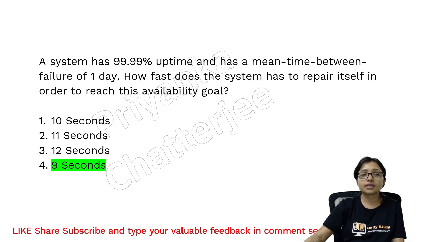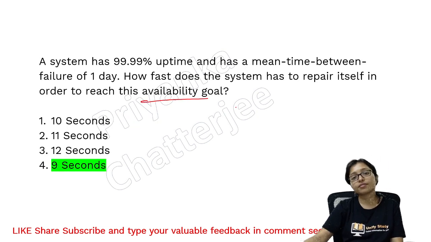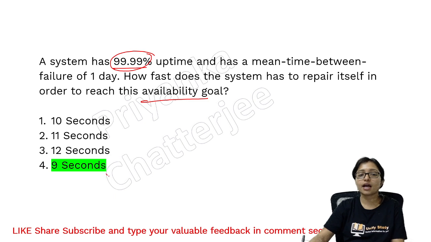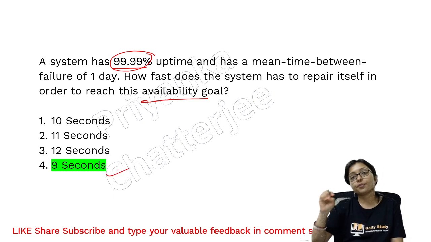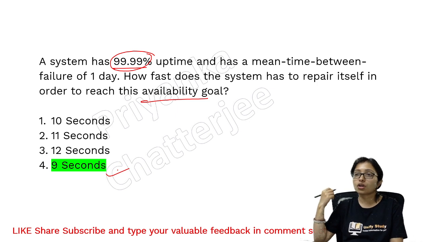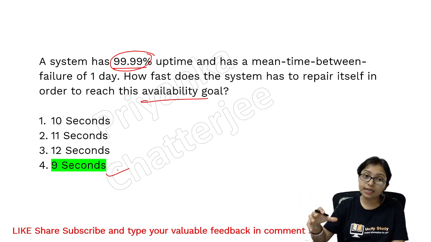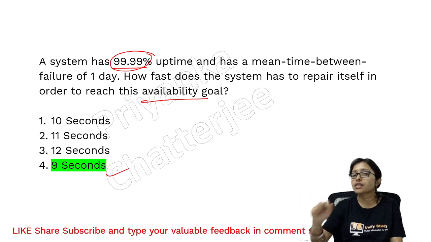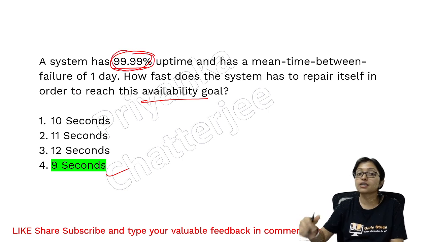So here you can see the availability goal. To reach the availability goal, here it is the availability, uptime is this one, and you put it in and you can get the answer, 9 seconds. If you are not able to do it, then let me know in the comment section. For this type of mathematics, I will upload a separate video for all the maintenance mathematics, because ultimately in this type of calculation, 99.99%, how to get the actual result of 9 seconds,